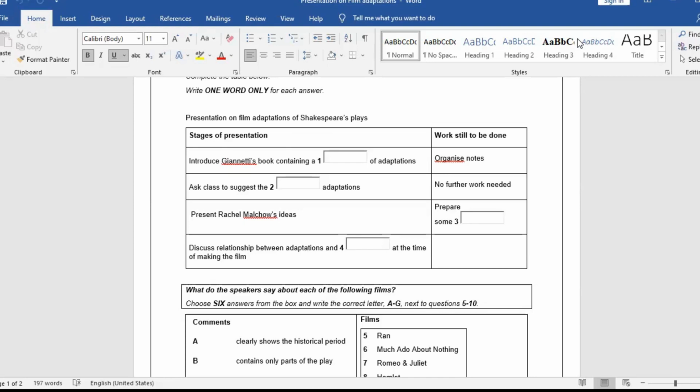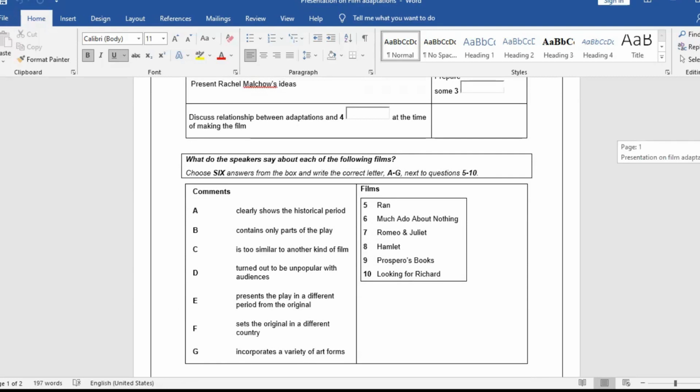Next, I want to say something about how plays may be chosen for adaptation because they're concerned with issues of the time when the film is made. You mean things like patriotism or the role of government? Exactly. It's quite tricky, but I've got a few ideas I'd like to discuss. And finally, I want to talk about a few adaptations that I think illustrate a range of approaches and make some comments on them. Do you know the Japanese film Ran?